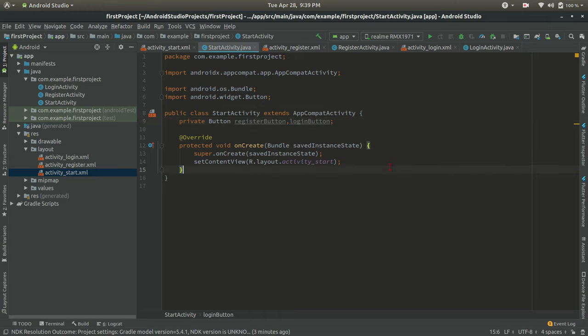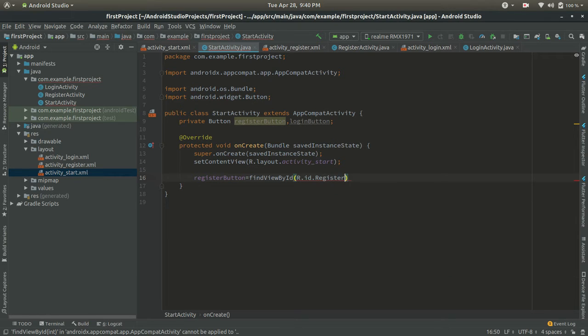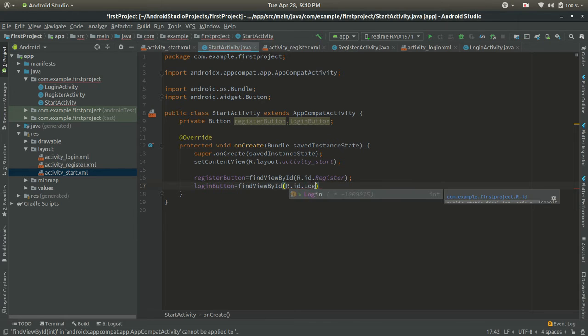And after that we will create findViewById. So register button is equal to findViewById R.id dot the ID which is given in the XML file, which is register, capital Register, and the login button is equal to findViewById R.id.login.